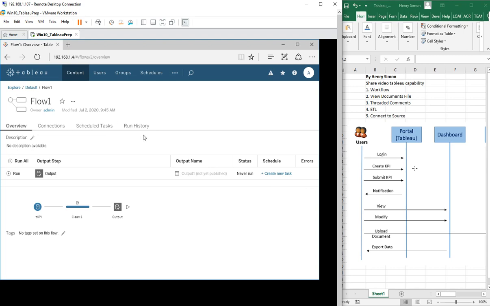Hope this is clear to you, but that is the capability of Tableau as a workflow, a simple workflow. It's not a complicated workflow. Just you mention someone and he will get the notification and he will update as needed. It can be multiple times, not only once. Maybe you talk with him 2 times, 3 times. After you're satisfied, you don't have to mention him anymore. Okay, thank you.